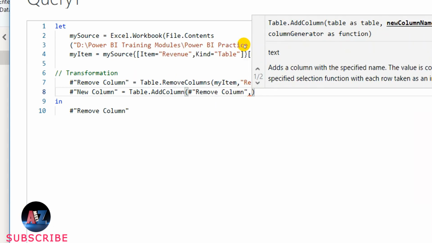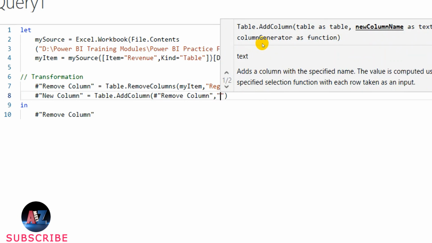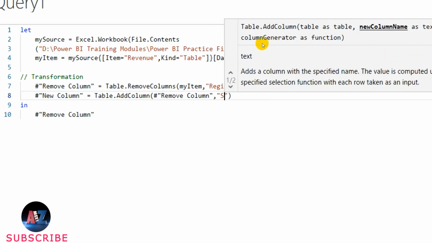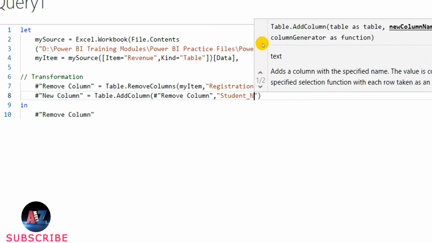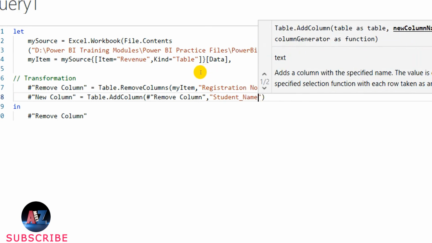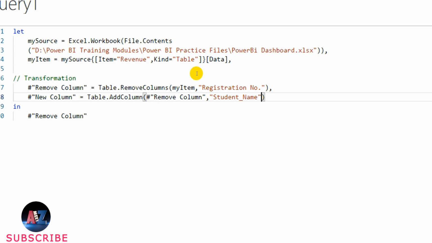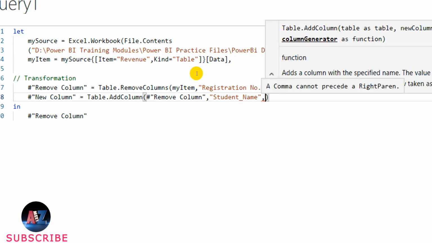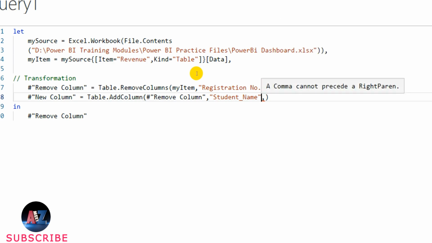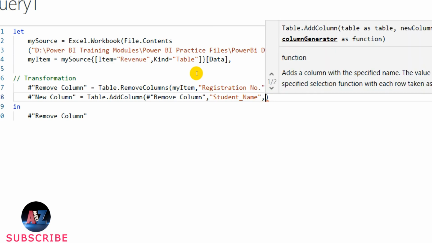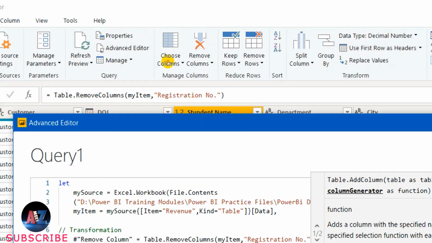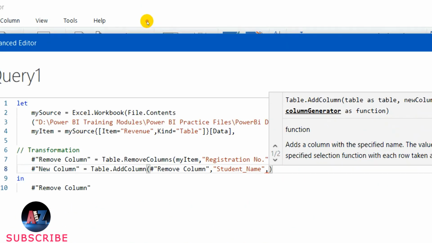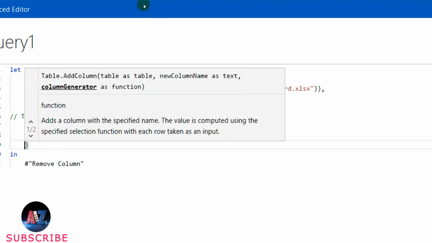Now it is asking me, can you give me the new column name? Okay, so the new column name is student underscore name. So column will be created from here, and we need to actually now generate the each cell value. Each cell value is a string, that is student, and remaining text is from the column called whatever student name. Actually that name was not really student name. If you look at this is student name. We need to use that name. Unfortunately I have not typed it properly.